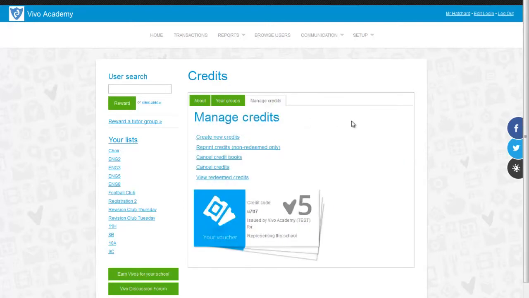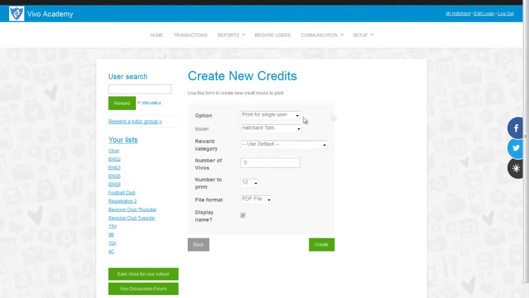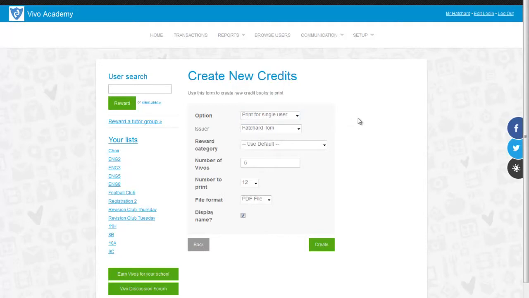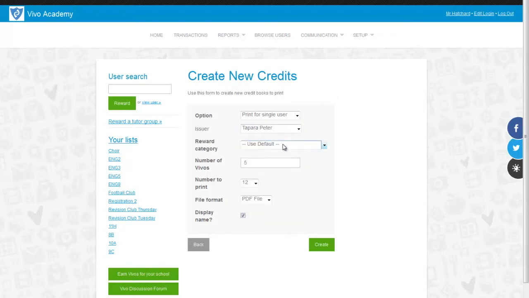Into manage credits, so these are what our new credit coupons look like. You've got create new credits at the top, so you can click on create new credits. You can print for a single user, or you can print for multiple roles. So if you want to print a book of coupons for every single full-time teacher, for example, you can do so. I'll do it for a single user at the moment, so we'll print some for Peter,